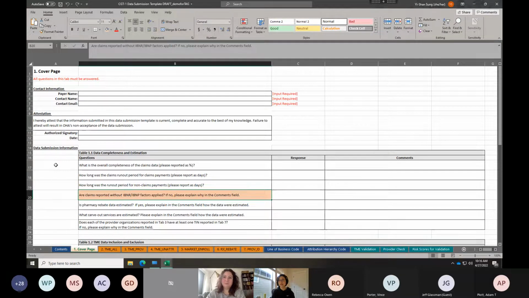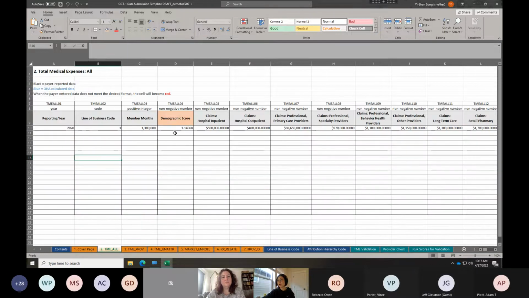It's not in our draft template yet, but we will show it in the next month's TAG meeting. To calculate the demographic scores for each row in the TME all, you will need to use that reference table to get the weighted average demographic score here.